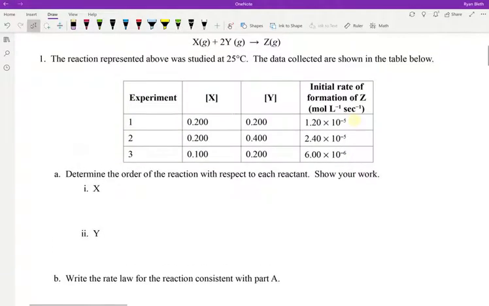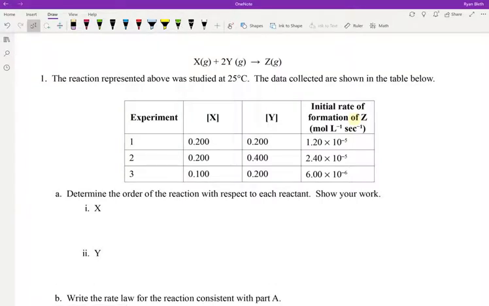So question 1 gives us a reaction of X and 2Y forming Z. Everything's a gas. The reaction's at 25 Celsius or at standard temperature, and they're giving us in the experimental rows here the concentrations of X and Y, the two reactants, and they're also giving us the rate of the reaction in terms of the formation of Z, how quickly Z is being formed, or how quickly the molarity of Z is changing per second. And so an initial rate of the formation of Z is given there for each of